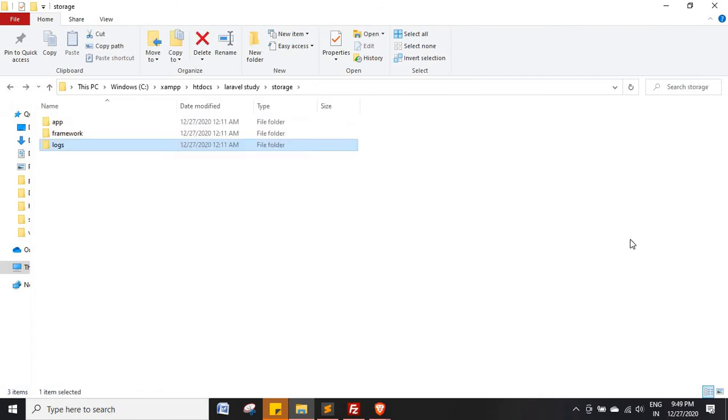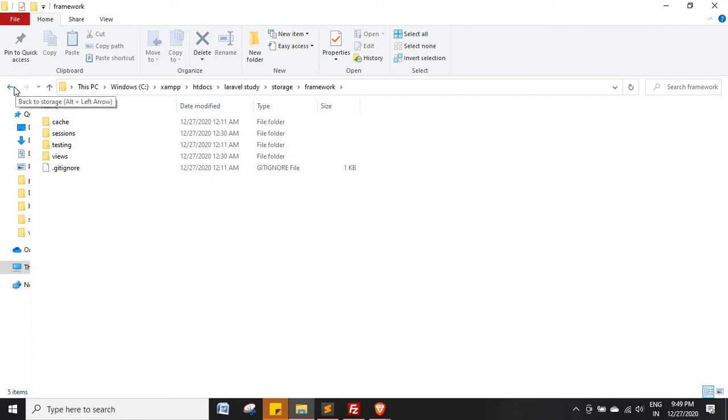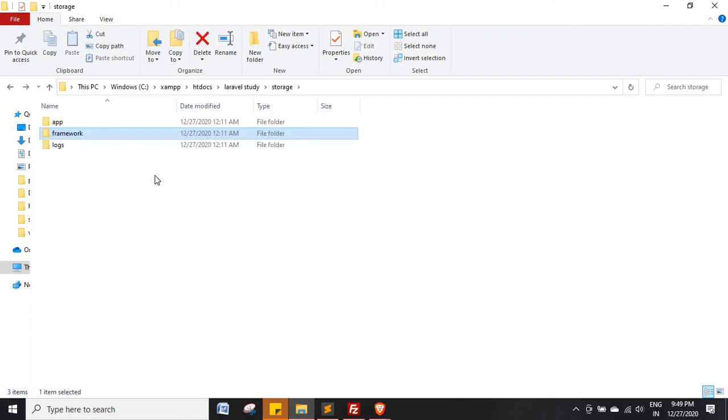Okay, and other than that also, once the application starts running, quite many files are created automatically, and they help to optimize your website performance. Like they have app, public, and if I open the framework, they have cache and session. All these things are required by the framework itself in order to bootstrap your application.